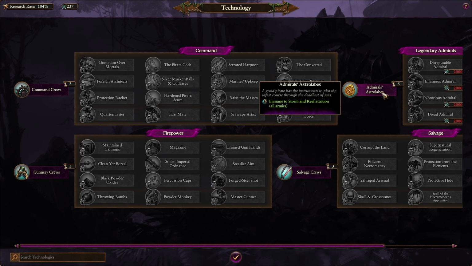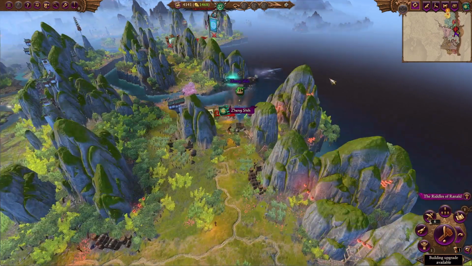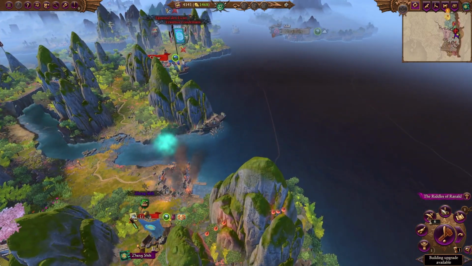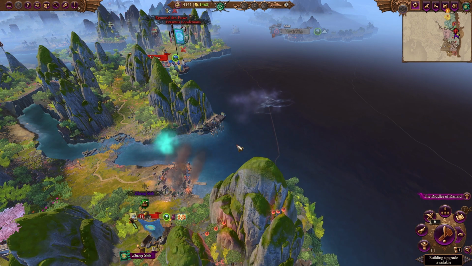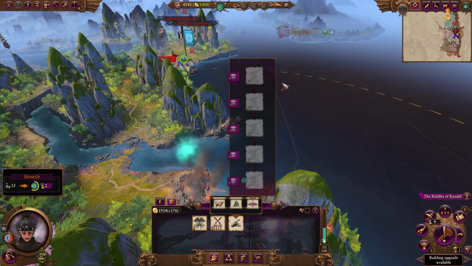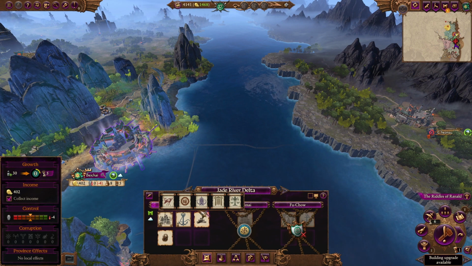So Admiral's Astrolabe is what we're going to go for because I want that immunity to storm and reef attrition. And then we'll probably hit the other two and get salvage crews last, I think. Well, we might do salvage crews next. But regardless, that's not going to matter. Finally, you can do the Pieces of 8 and the treasure map, but those are all on the opposite side of the world. Do we really want to worry about that? Not really. Sea dog. All right, and looking up at Bai Chai,